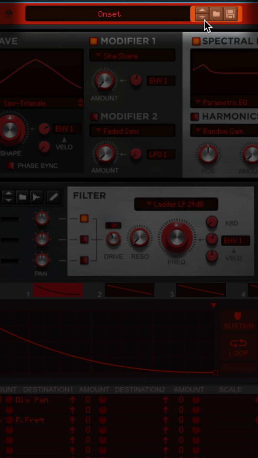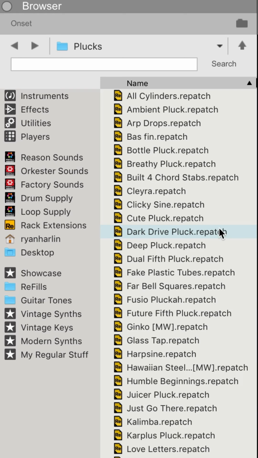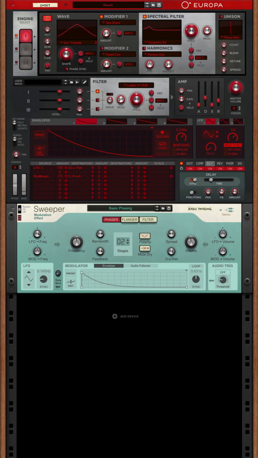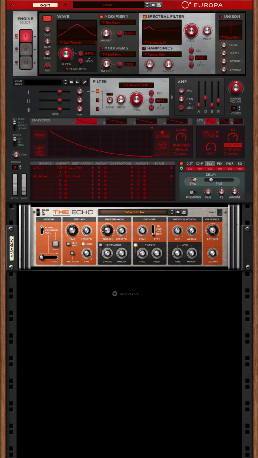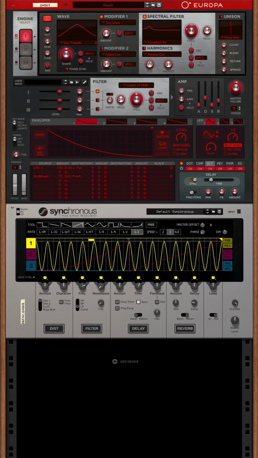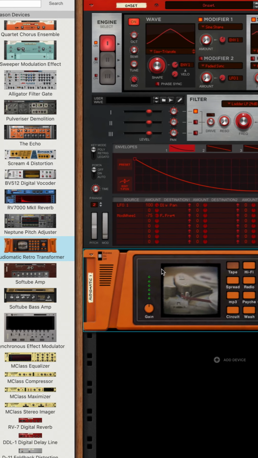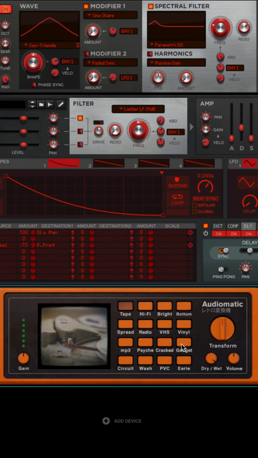If we found a preset we like, we could move on to recording our performance. But if we wanted to customize our sound further with more Reason devices, we could move over to Reason's effects in the browser. Effects can be placed underneath instruments in Reason's rack, and signals will automatically pass from our instrument to the effect. If I were to drag the Audiomatic Retro Transformer underneath my Europa synth and select some of its sound coloration presets,